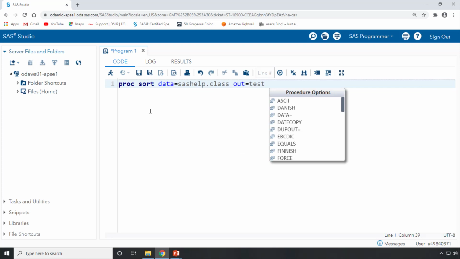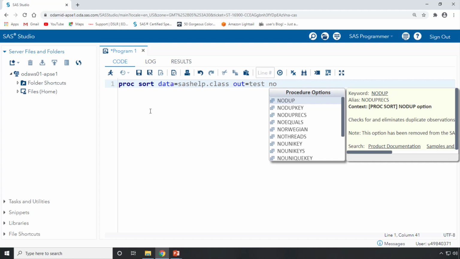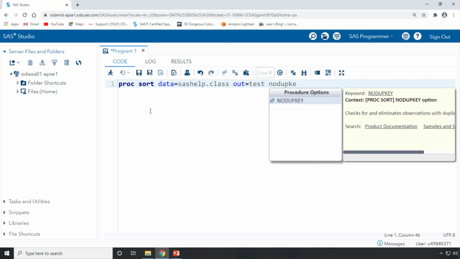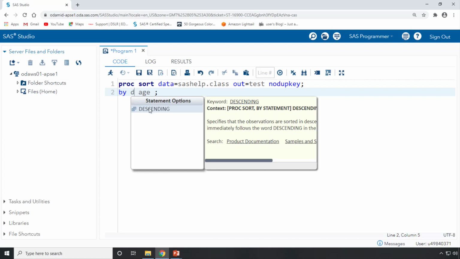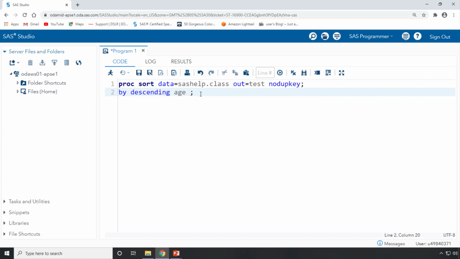At the same time, I don't want to have any duplicates, so I'm writing nodupkey. Semicolon, by age. But here the age should be in descending order, so you have to write by descending age, semicolon, and run.